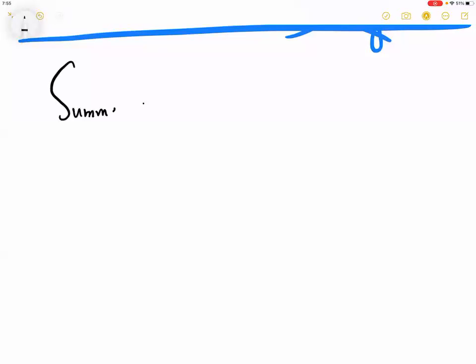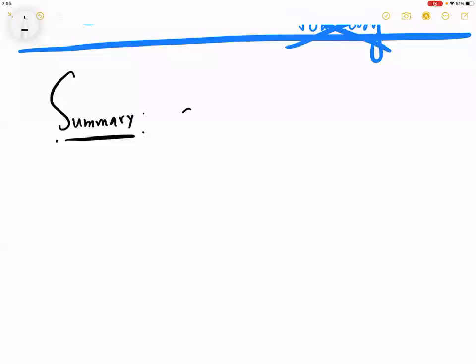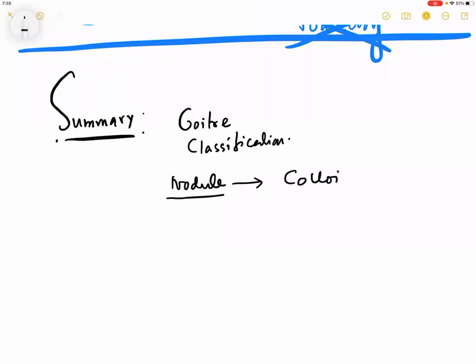Just a quick summary of today's class. What you have learned. Number 1, you have learnt about what is a goiter. You have learnt about the classification of a goiter. I hope you have taken down the notes. You have learnt about what is a nodule formation in details. I went very slow to make you understand. I have made you understand what is a colloid nodule, what is a multinodular goiter, and what are common complications of a multinodular goiter. So this has been for today's class.